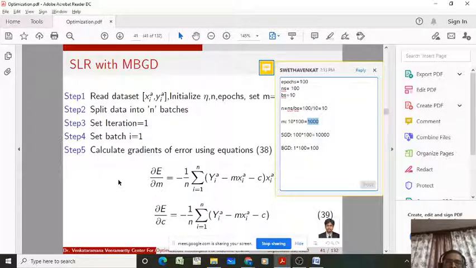I'm asking about convergence characteristics, meaning how your model loss will vary with respect to the iterations, how your SGD model error will be updating with respect to the iterations.